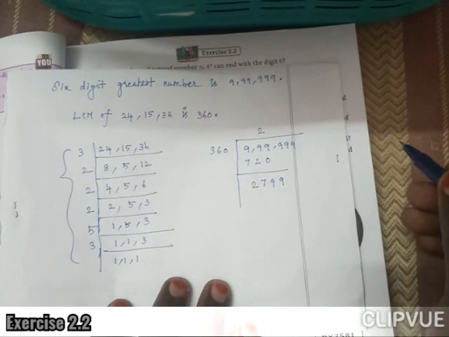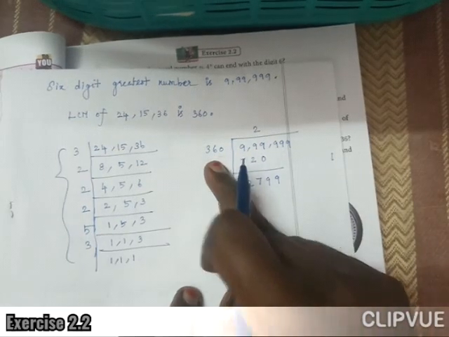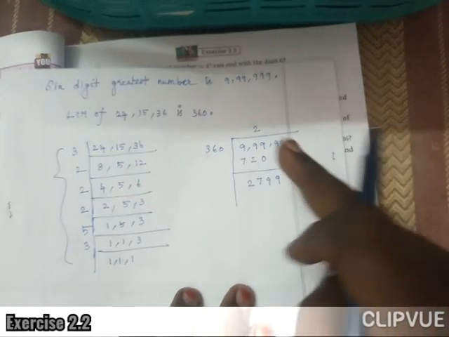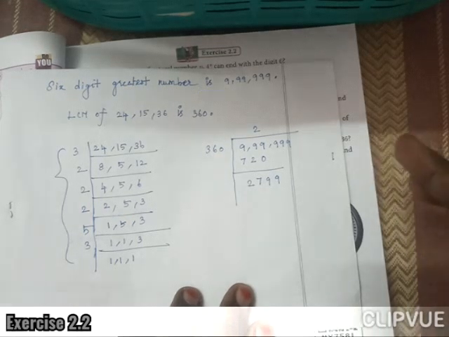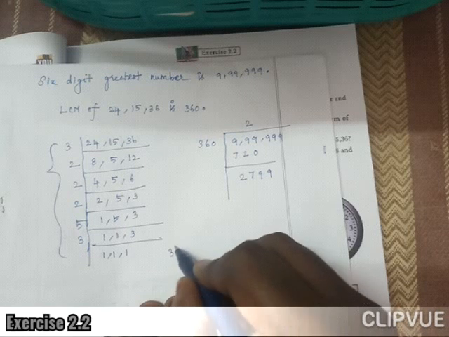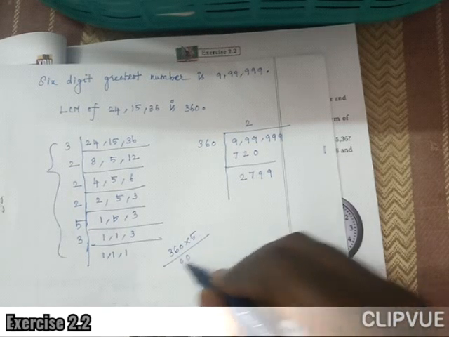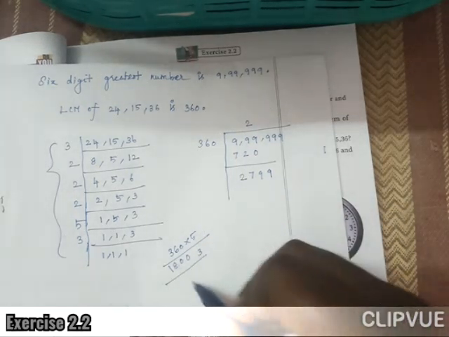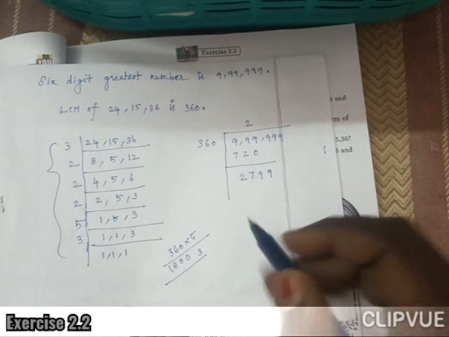If you take one more digit, 2799, here 360, 2000 something. So 360 2 times means 720, 4 times means 1400 something, and 6 times means you have to find 360 into 5: 0, 5 6s are 30, remaining 3, 5 3s are 15, 18, 800. So we may write 7 times.